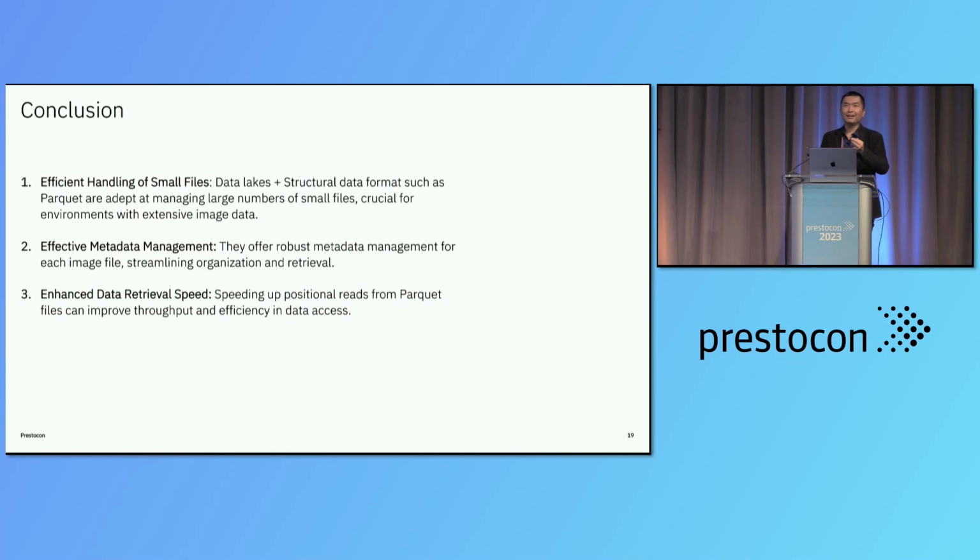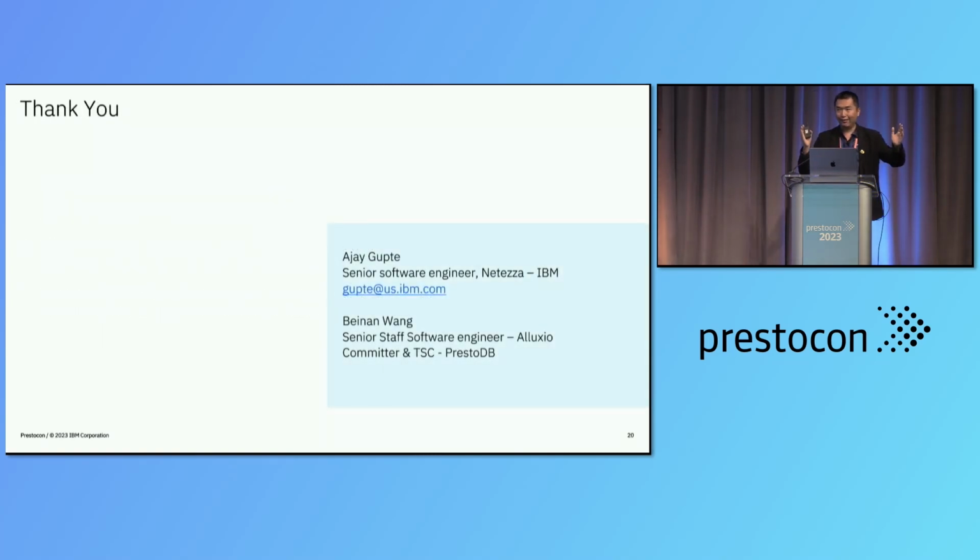We can imagine, going back to the traffic pattern of data pre-processing, we're talking about a single image or video file. It's always a sequential read. You get the entire file from somewhere. You may make a metadata call, like get file status or something. It might be at least 2 API calls. But with position read, you have a large file and you fetch data from somewhere in the middle, which means you only need one API call for the metadata of the entire Parquet file, and for each